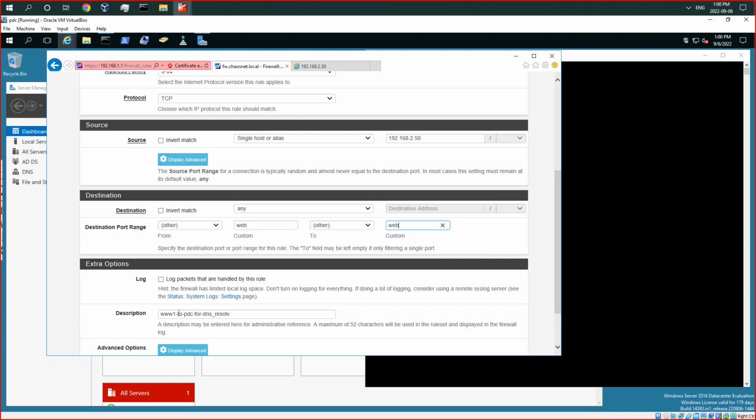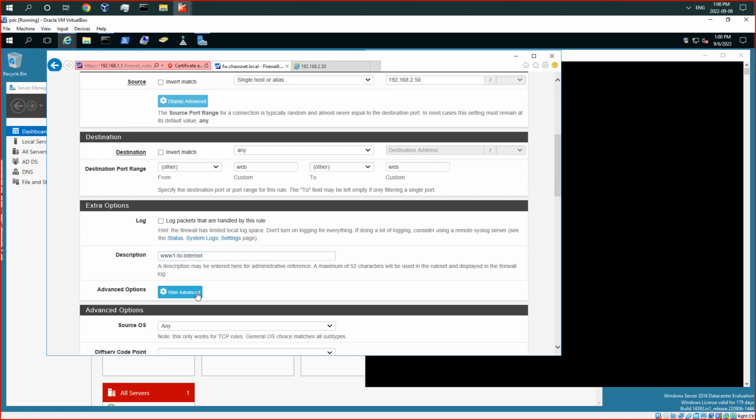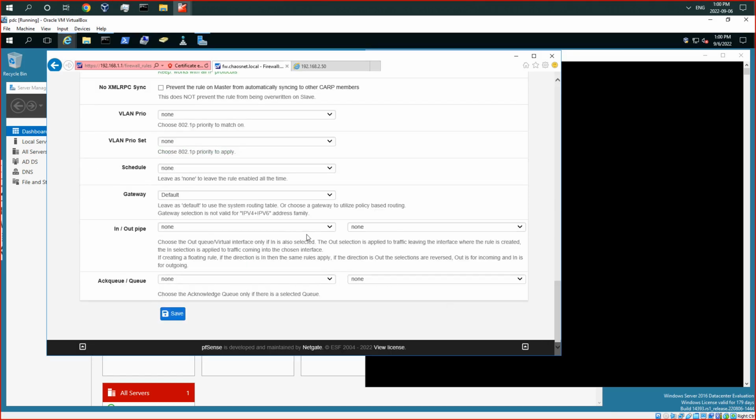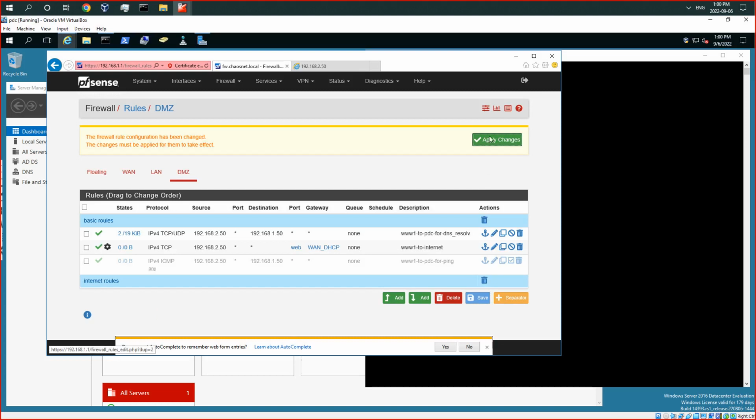So I'm gonna say now it is WAN1 to internet for DNS for internet to internet. Now I need to go to the display advanced, and obviously I need to change that to WAN1, right? It won't work anymore with default, right? I need to come here and change the default gateway to my WAN1 gateway. I'll say save. I apply the changes,